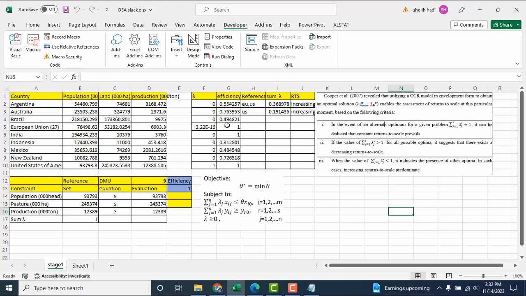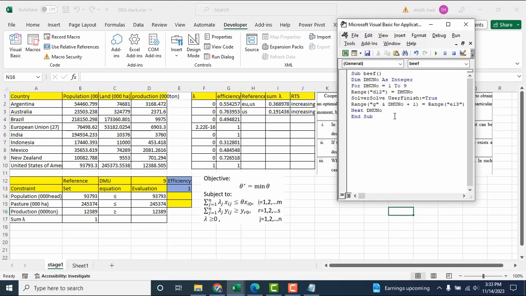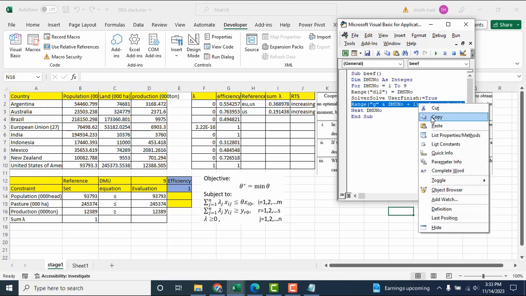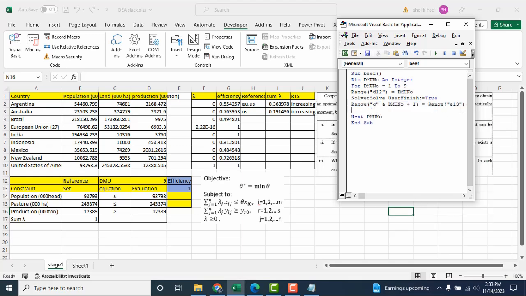Okay, but I want to get the sum of lambda. Maybe I will try. We also want to move the sum of lambda, so the range is E and range B17.